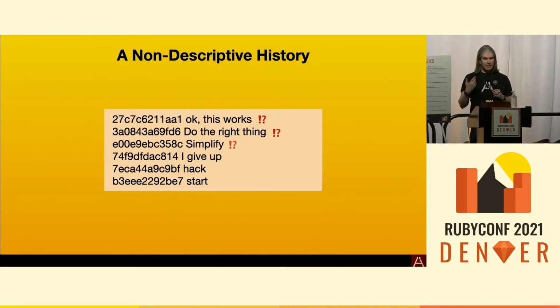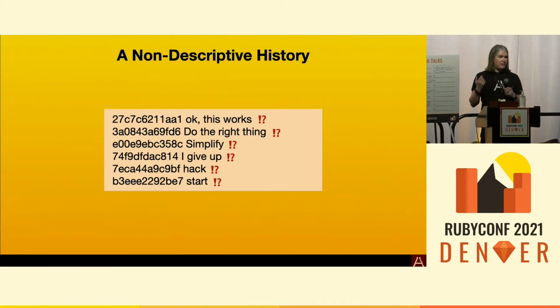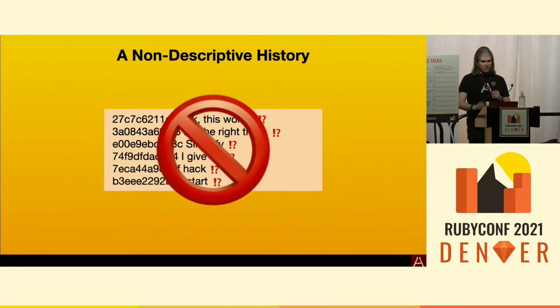and we'll have these subjects, right, and they don't tell us anything of what's being committed to the code. It's not fun to work with. It's not fun to use in your own code base. It doesn't help you understand how the implementation got constructed in the first place. So let's not do that.